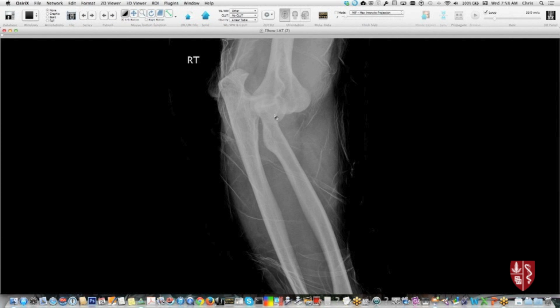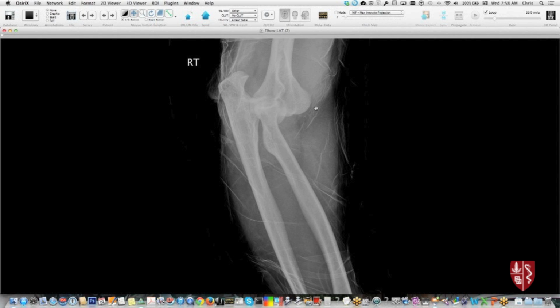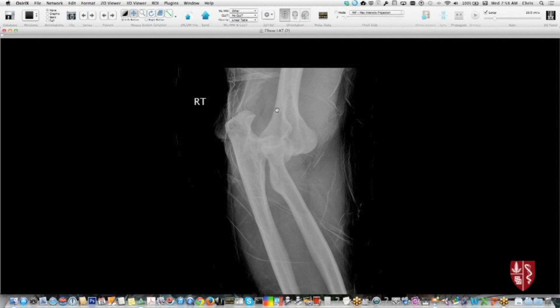This one's not so subtle, and I need to get better examples of elbow dislocations. But here you can see there's disengagement of the ulna from the humerus as well as from the radius. And surprisingly, patients will have elbow dislocations, and they may get it reduced in the field, and so they'll come in with like sequelae of dislocation. But it's not all that common for us to actually still be imaging people with the joint completely dislocated like this. And so, like I said, I don't have a lot of great examples of this on this current setup,